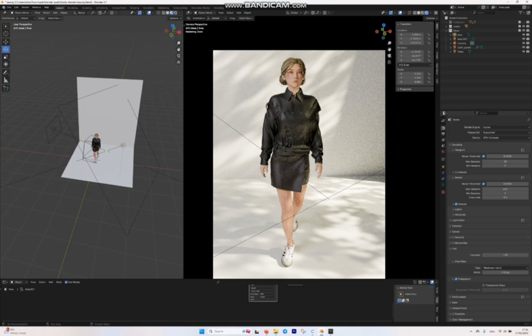Experiment with the noise threshold, because in some projects I can see that if you set it to 0.1, it isn't that different from 0.01, but if you set it to 0.01, it gives your computer a harder time to process the render. So that's completely up to you, and the max sample is 400. Another thing you want to add is the film should be set to transparent,